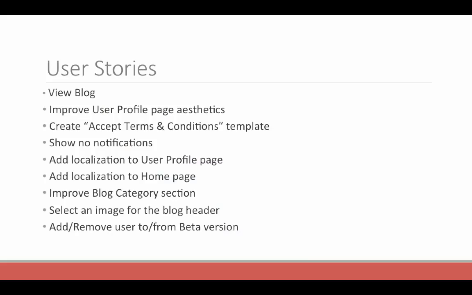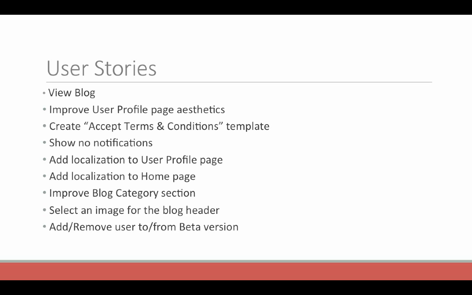The following stories were implemented during summer 2015. View blog, improve user page aesthetics, create a set terms and condition template, show no notifications, a localization to user profile page, a localization to home page, improve blog category section, select an image for the blog header, add remove